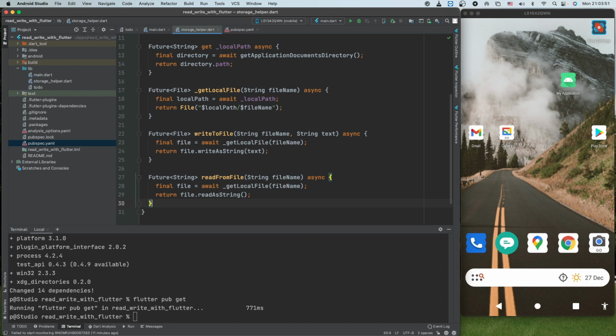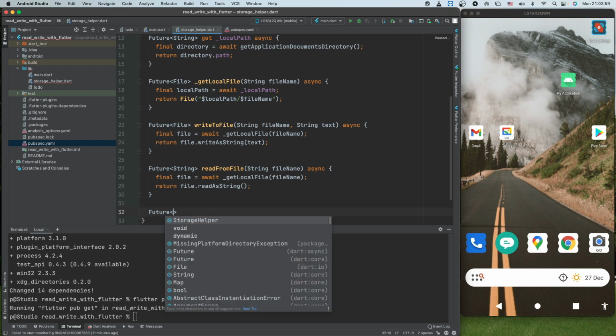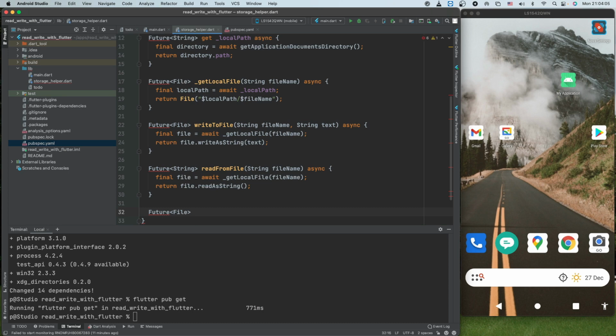Okay, yeah. What if you don't have text? Then you may want to write data that may be just bytes.